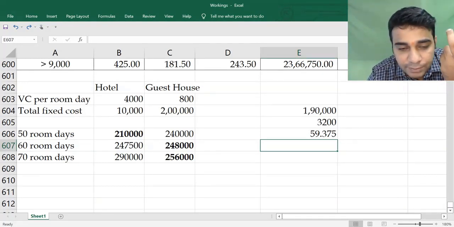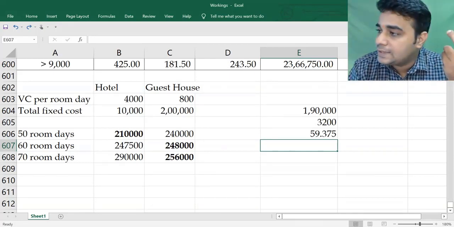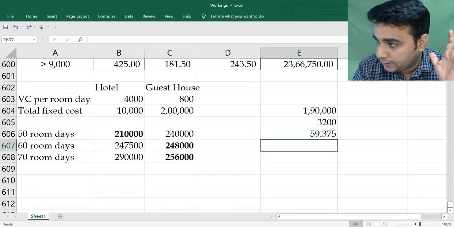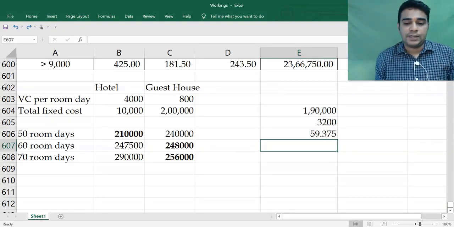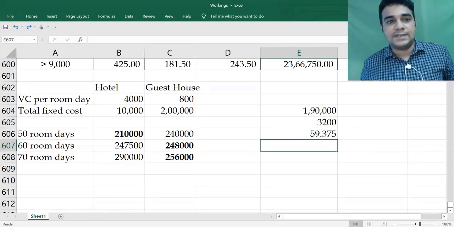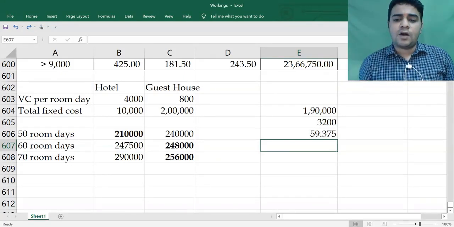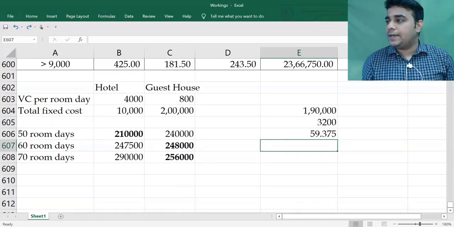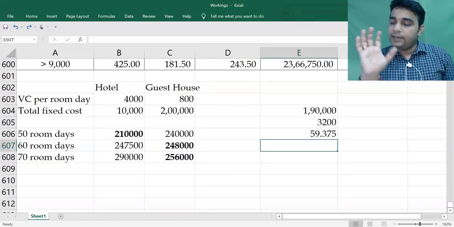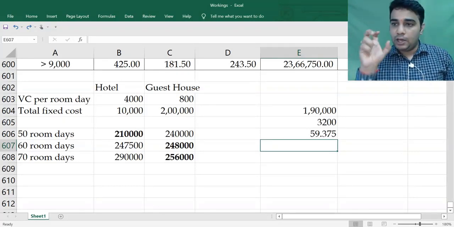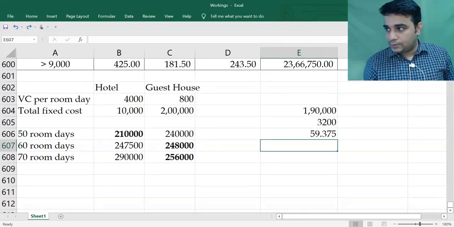If at all, sometimes in a question, to twist the question, I ask something like that, then technically there is no indifference point there, because I cannot have an indifference point in a situation where you see that the fixed cost is lower as well as variable cost is lower. Below the indifference point low fixed cost, above the indifference point low variable cost. Clear? Any doubts on this?